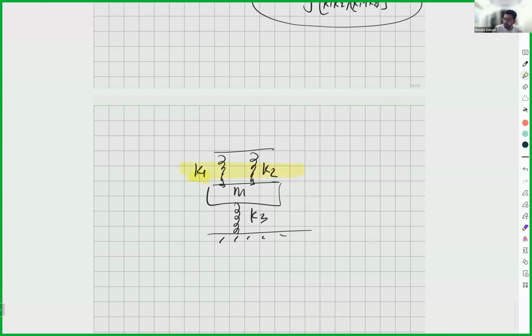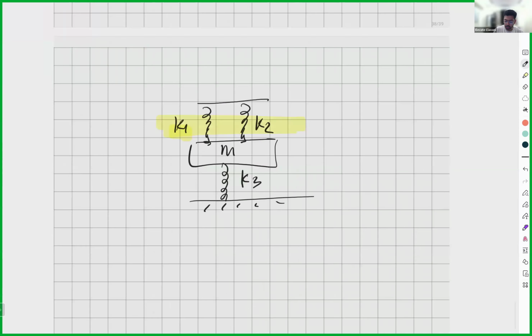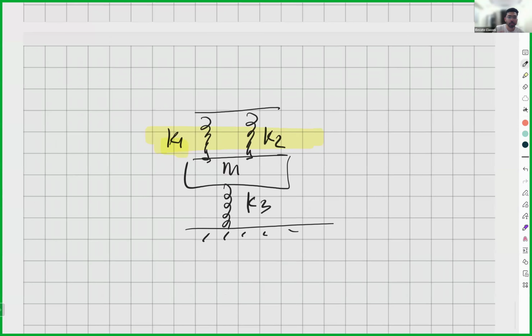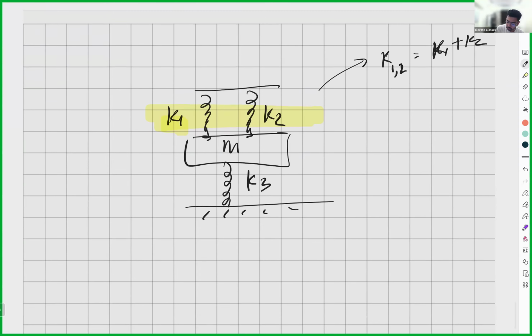अब ये दोनों सीरीज में है, like they look like both are in parallel, but the formula is of series, right? So k1 and 2 becomes k1 plus k2, and so this can be written as k1 comma 2, the equivalent of 1 and 2, and this thing k3,